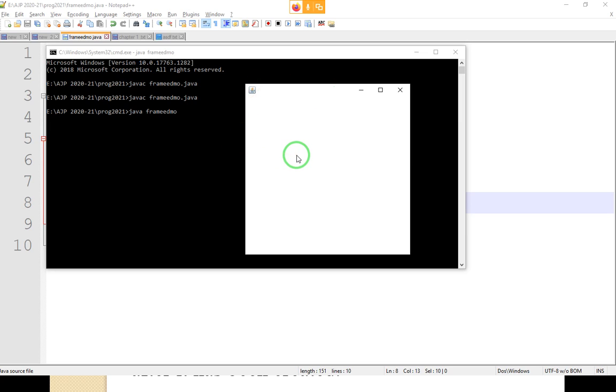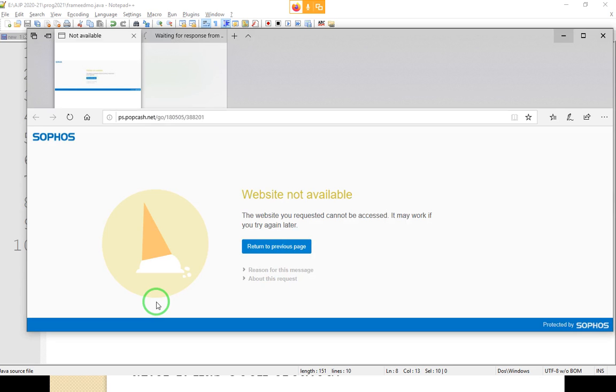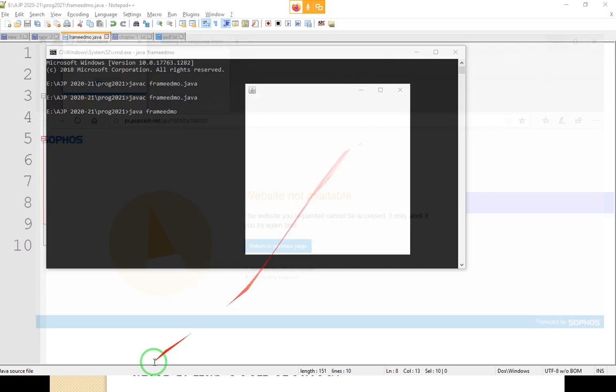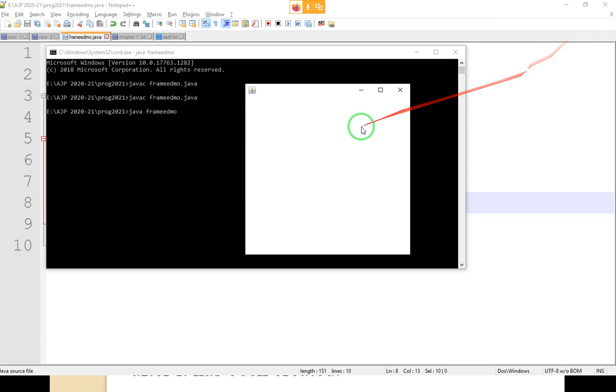This frame is visible to everyone. Yes, sir. Okay, so this is a frame. Now this frame has a width and height of 400 by 400, and we have made it visible so everyone can see it, right?